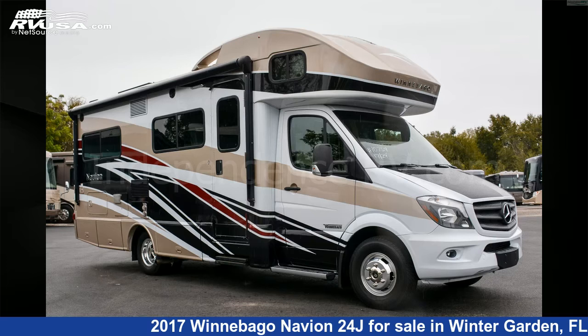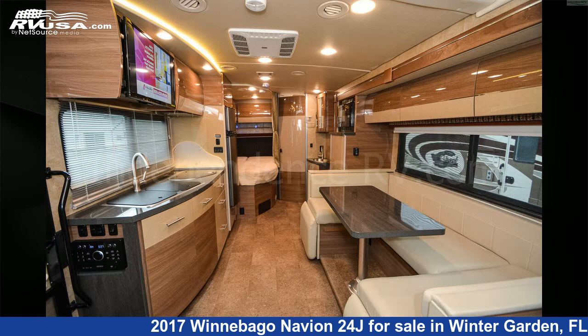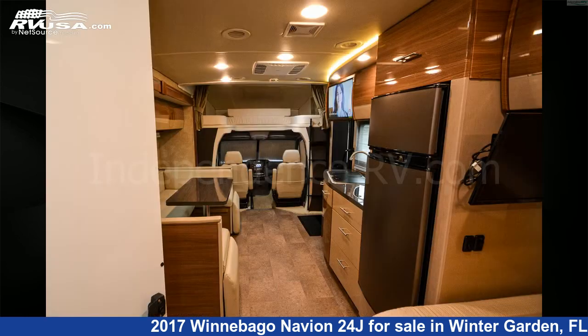This 2017 Winnebago Navion 24J is a Class C RV. It is located in Winter Garden, Florida, 34787 and is offered for sale by Independence RV Sales. This used Winnebago is 25 feet 8 inches in length and features one slideout, a tan Marbella Cherry High Gloss